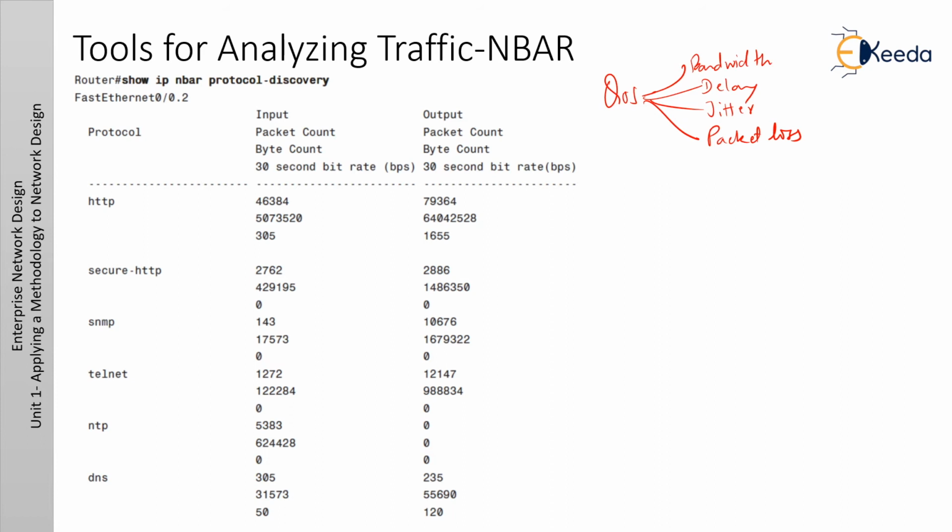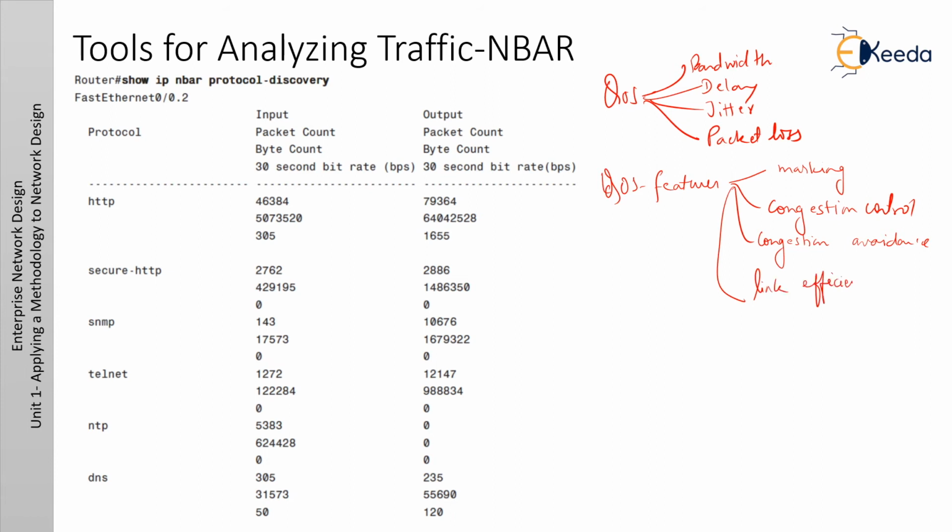After these classes are defined and configured, the desired quality of service features such as marking, congestion management or control, congestion avoidance, link efficiency mechanisms, and/or policing and shaping